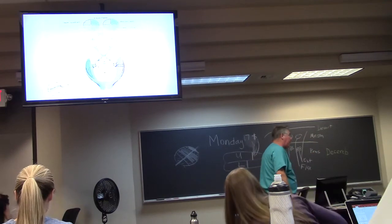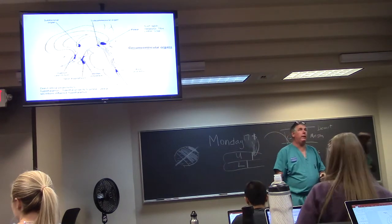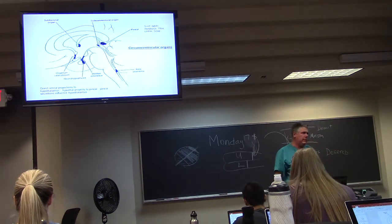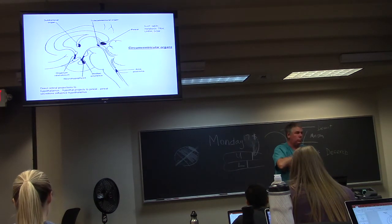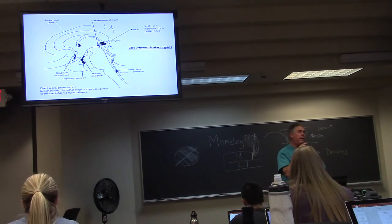The next stop on our deep brain train are these circumventricular organs. There are several circumventricular organs that are so named because they're located around the ventricles, around the periphery of the ventricles. And these are areas where